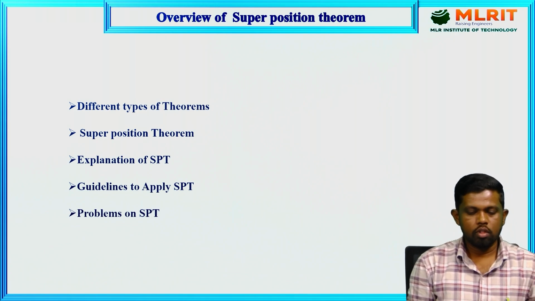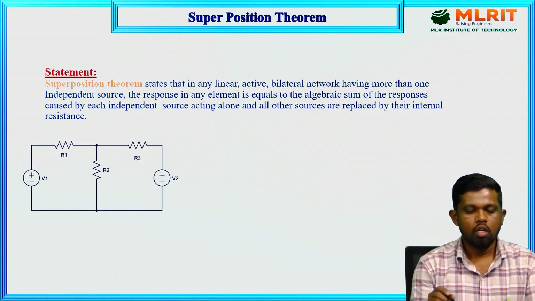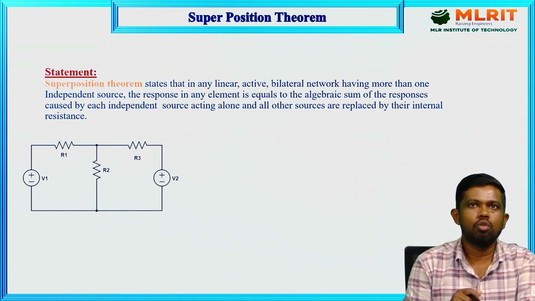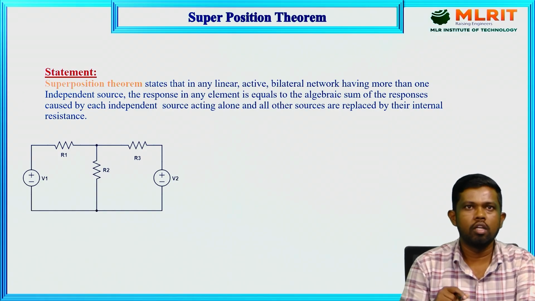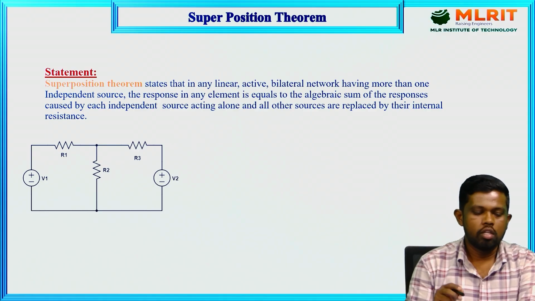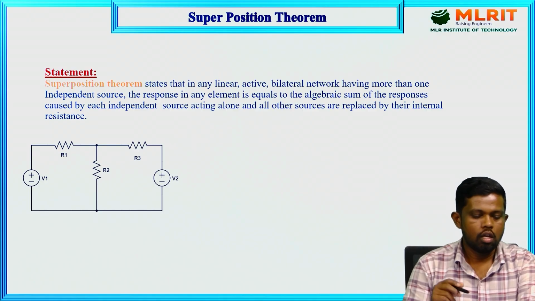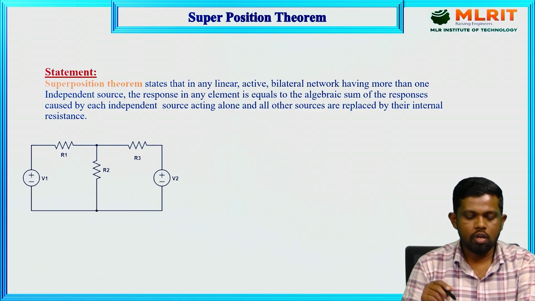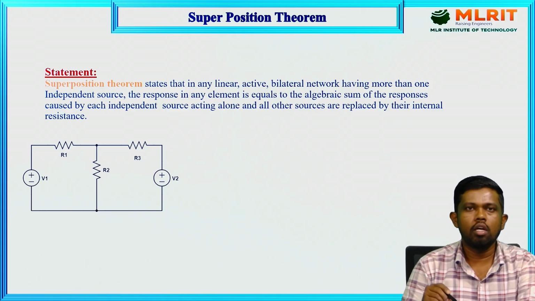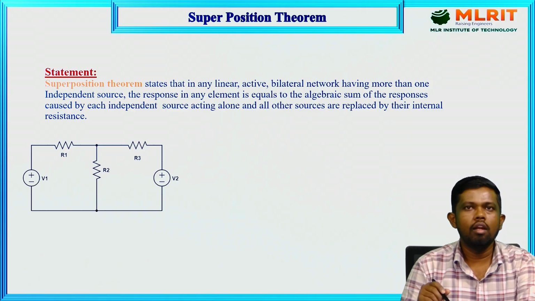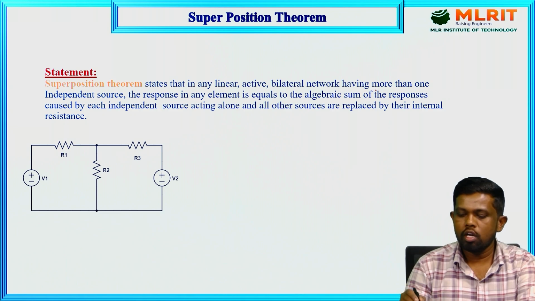So let us go with the superposition theorem. It is a network theorem, also used to apply to complex circuits to get the response quickly. It is applicable to any network having two different types of independent sources. It states that in any linear bilateral active network consisting of two or more independent sources,